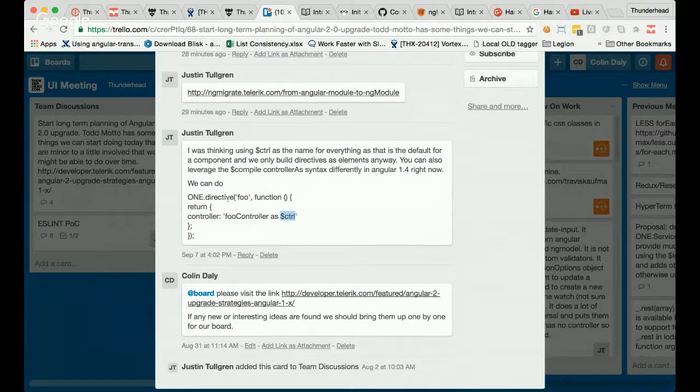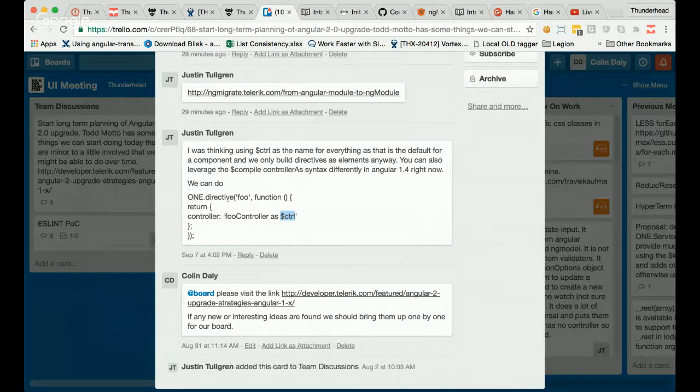Generally speaking, the best practice is that a component is a standalone restrict E type element, whereas a directive is the decorated restrict A attribute. So you could still have a component that has a directive on it, and that directive may potentially have a controller. I'm not sure if it would or not. In that scenario, they can't both be $controller. The directive would need to have its own controller namespace still.